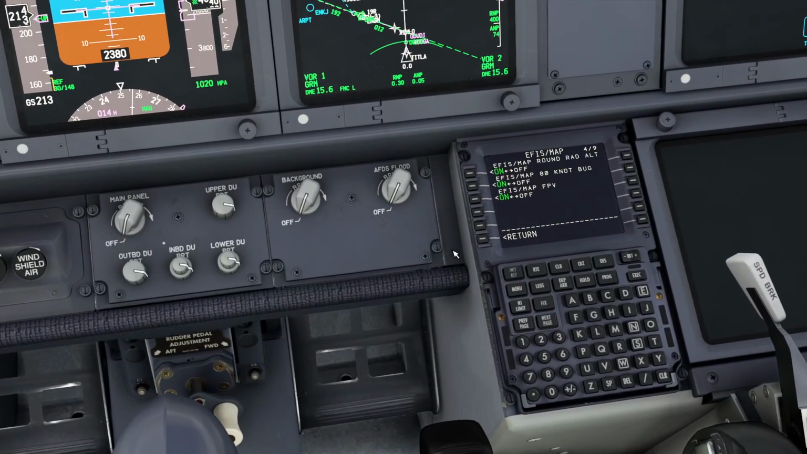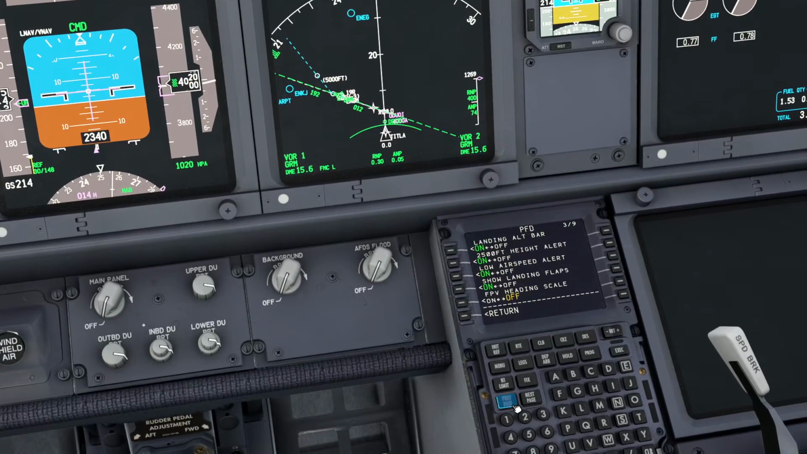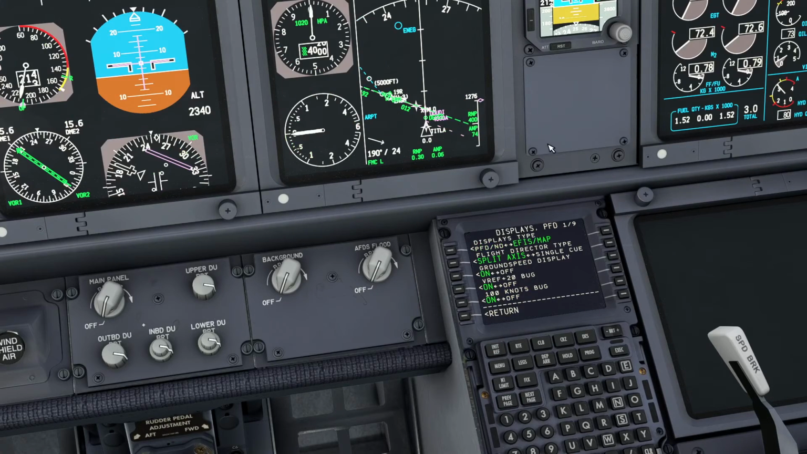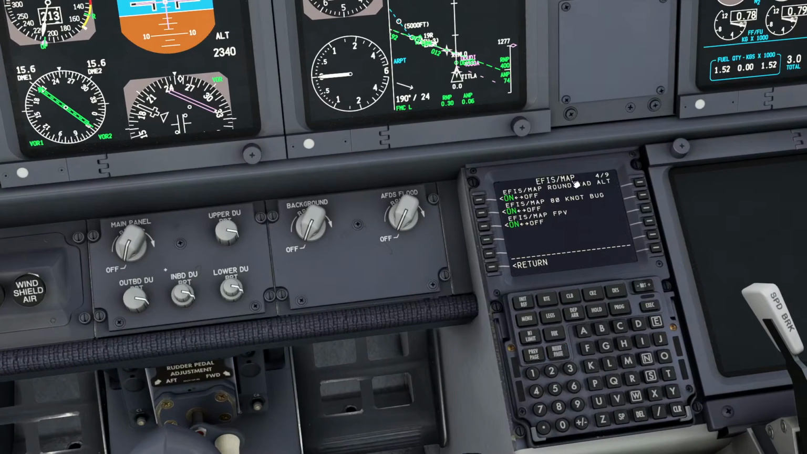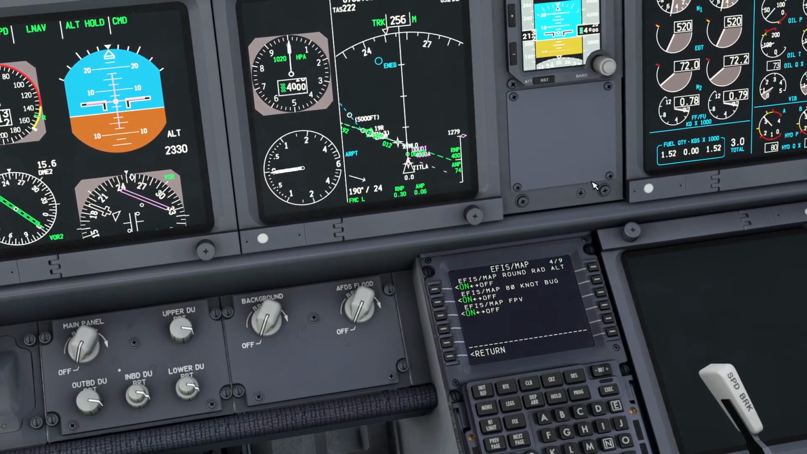The next options that we have are all about the EFIS and map options. Okay, so for this to work, first you have to go to page number 1 and choose EFIS map. Okay, once you have EFIS map, then you can work with this information here. Okay, the first information is that if you have a round radial altimeter for the last 1,000 feet of your approach, okay,